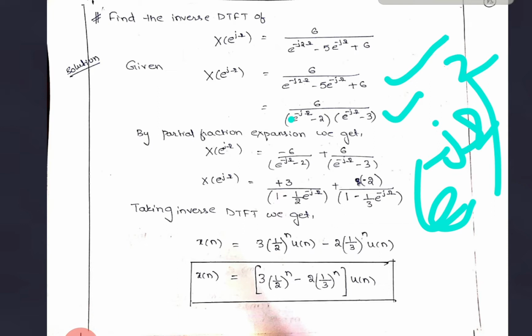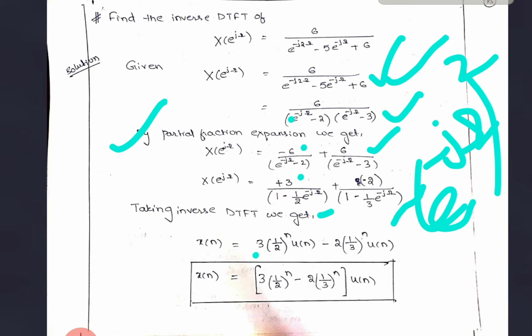and solve to get the factors, then substitute back here. Therefore 6 divided by, splitting this into factors, e raised to minus j omega minus 2, e raised to minus j omega minus 3. Now getting the partial fractions: minus 6 by e raised to minus j omega minus 2 plus 6 divided by e raised to minus j omega minus 3. Now dividing the numerator and denominator by 2 in the first term, we get 1 minus 1 by 2 e raised to minus j omega, and in the second term dividing by 3, we get this term. Now this is of the form